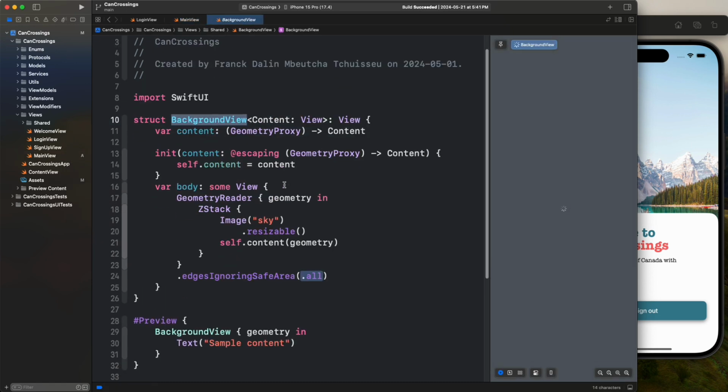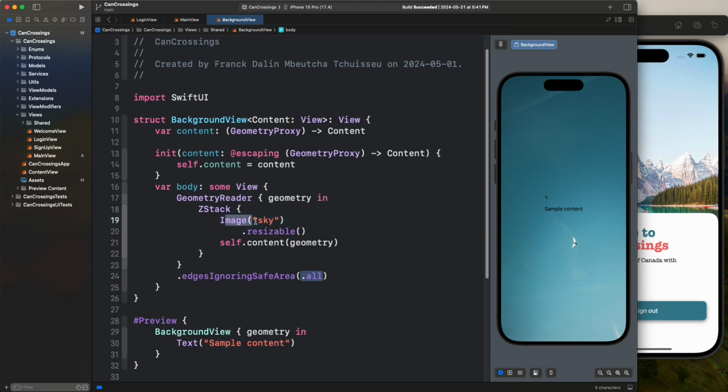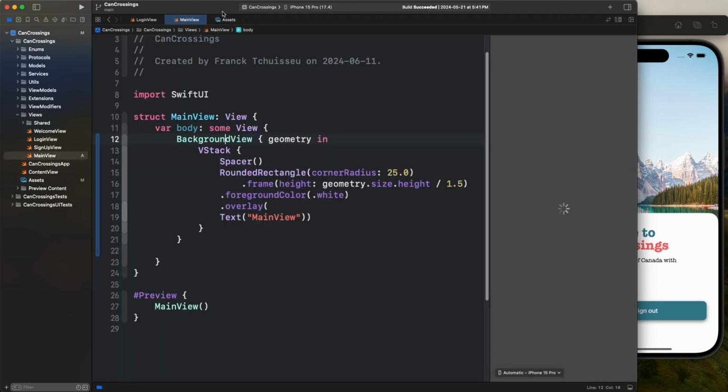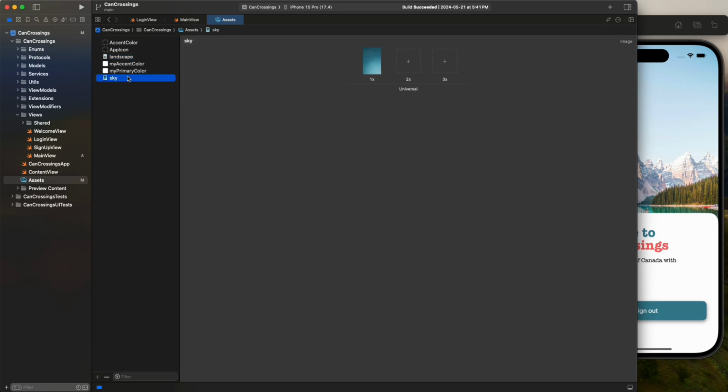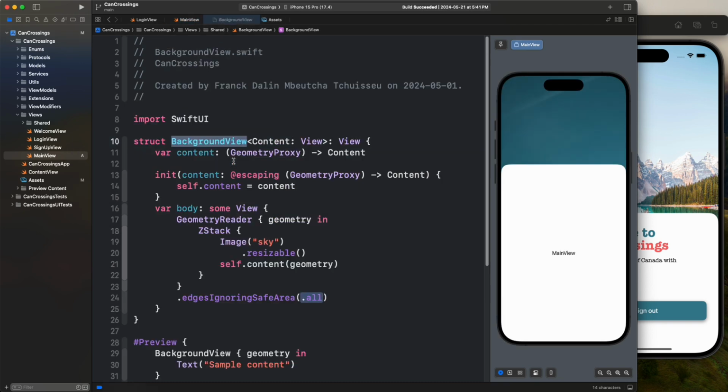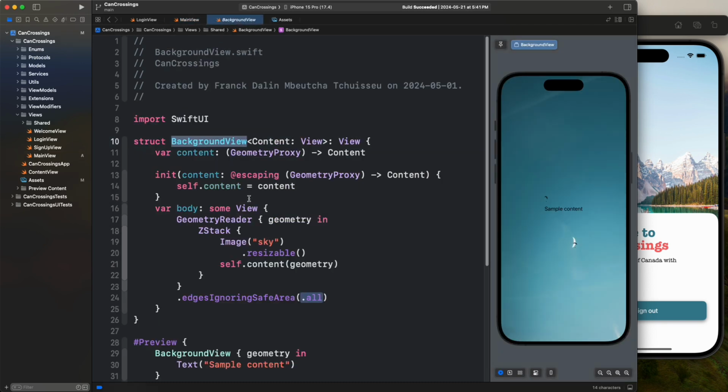what we want to do here, as you guys can see, the name of this image is hard coded, okay? And we don't want this, okay? Because sometimes we don't want this sky image, okay? Because this sky is this image, okay? So sometimes we want this landscape, okay? Especially when we are on this main view. So the way we will do it, we can go back to this background view, and here instead